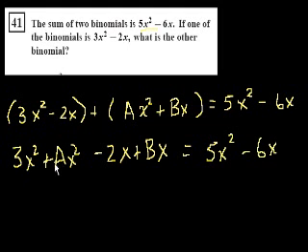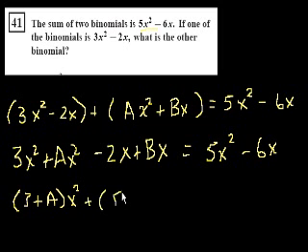See, 3x squared plus ax squared, that's the same thing as 3 plus a times x squared, and then minus 2x plus bx, or we could switch them around. That's the same thing as b minus 2 times x. I just took the coefficients and added them together. I switched them, but we could have written this in the other order to begin with, is equal to